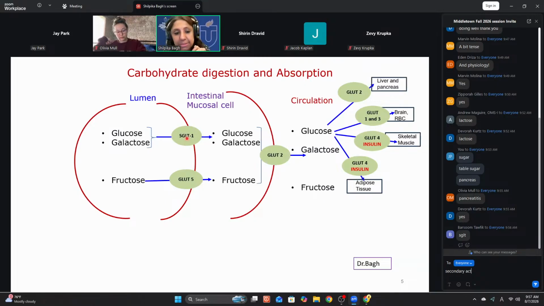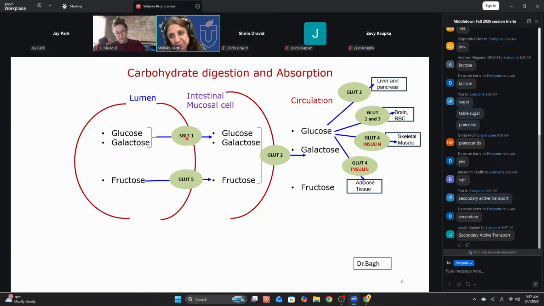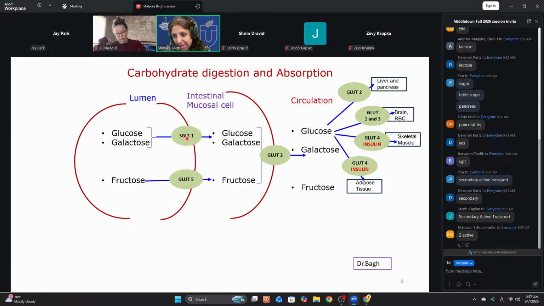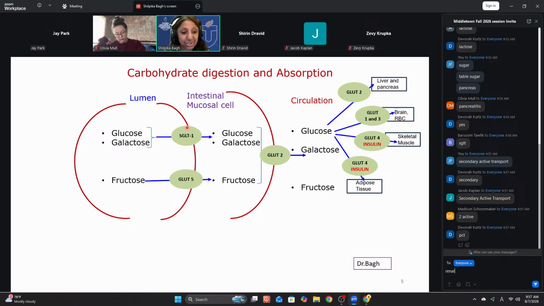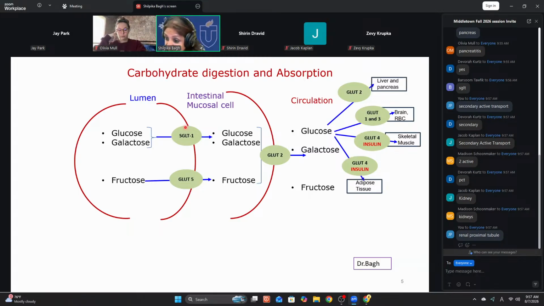Mechanistically, this is important for the exam. SGLT1 is a secondary active transport, driven by the extracellular concentration of sodium. But all the GLUTs are facilitated diffusion, right? And since you have SGLT1, do you remember there's an SGLT2 too? Where is it? Kidney, renal. Are there drugs that are SGLT2 inhibitors? So bring in the clinical application also. SGLT1, SGLT2. GLUT5 is always for fructose.